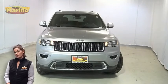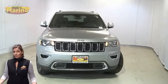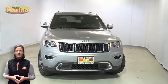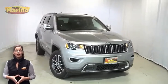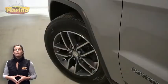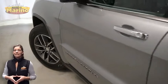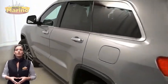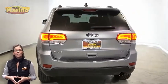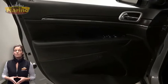Looking for a highly equipped SUV with all the right options and reliability? We'll take a look at this certified pre-owned 2018 Jeep Grand Cherokee Limited in billet silver. With halogen quad headlamps, premium fog lamps, 18-inch aluminum wheels, power heated mirrors, LED tail lamps, heated front seats, heated steering wheel, 42,000 miles on the odometer,